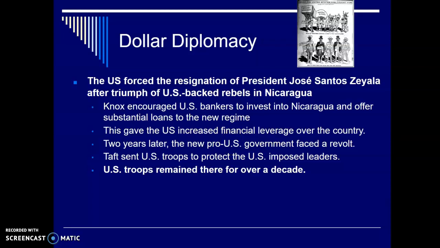And so Taft tried to use dollar diplomacy in China. He tried to use it in the Dominican Republic. And every place he tried to use it with this idea of giving money out was unsuccessful. And because of who he was giving the money to. If you give the money to the government, but you're not willing to help them make any significant changes to their economy, then the majority of the country is still not benefiting.